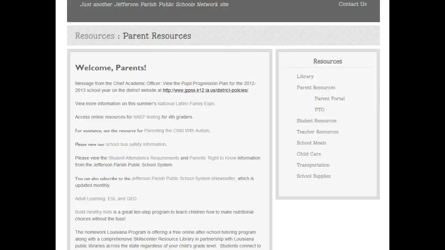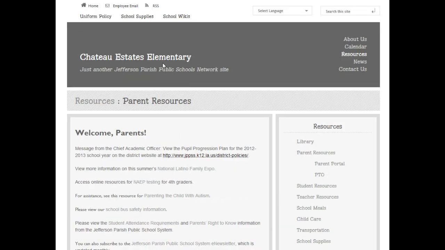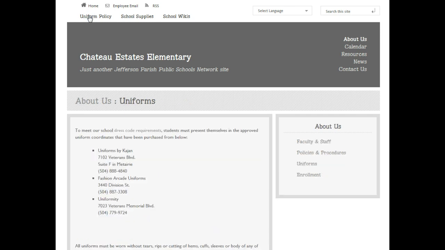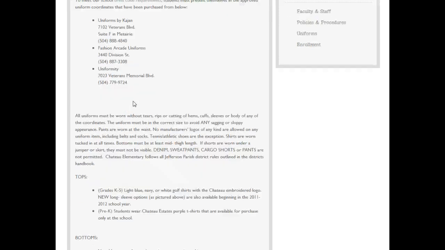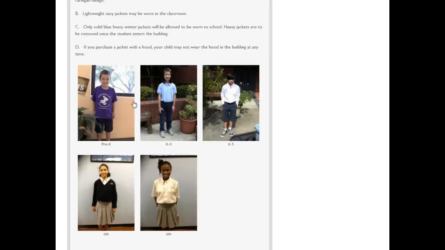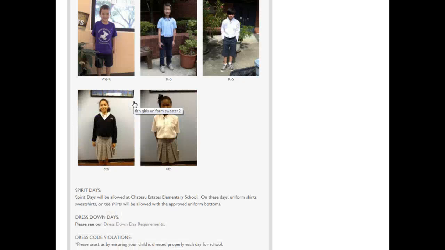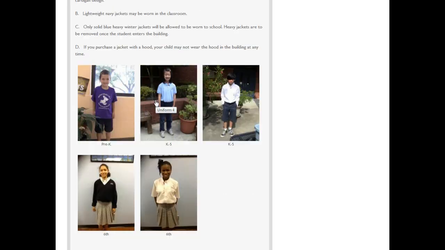Let's go on to the next issue. The next thing that I'm seeing, and it's really a minor issue, and this is another thing that I can show you here on Chateau's site, is images and placement on the page. This uniform site is very well organized, and if you scroll down to the bottom of the page, you'll see that they've actually done something really nice, which is to create a gallery of pictures of the students in the